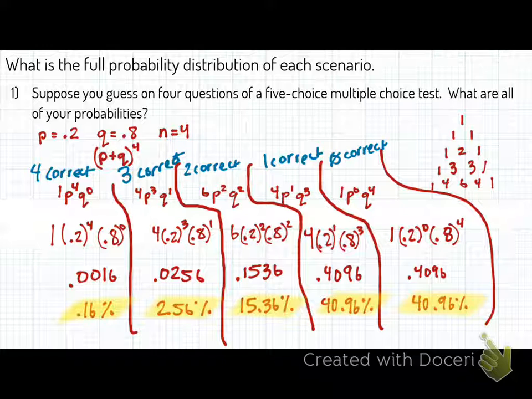Dang. Would you be happy to get 2 correct? Really? What's 2 out of 4 problems? What grade is 2 out of 4? So what is the probability of you getting an F by guessing on 4 problems? Well, how many percent was that again? Oh, 97 point, right? That's pretty bad, right? So should we be guessing on tests?